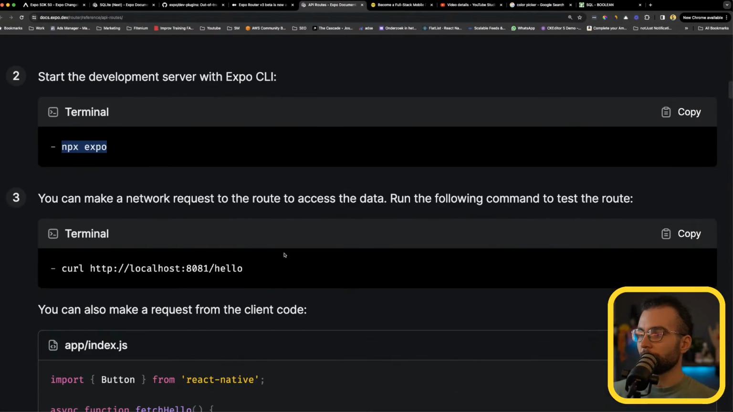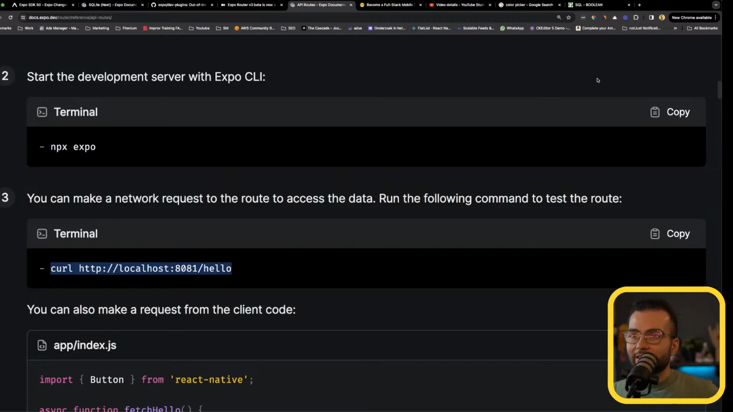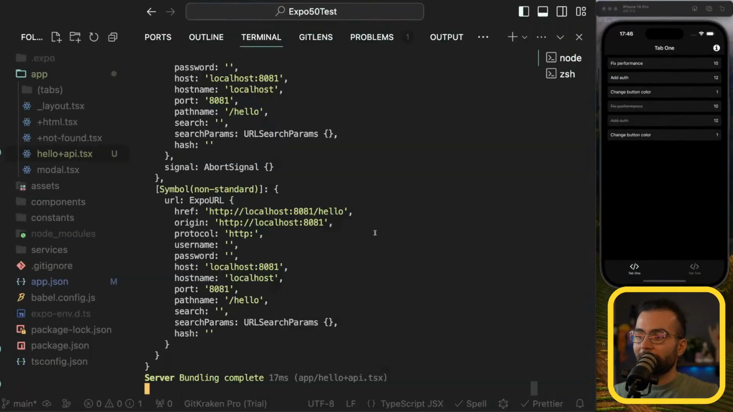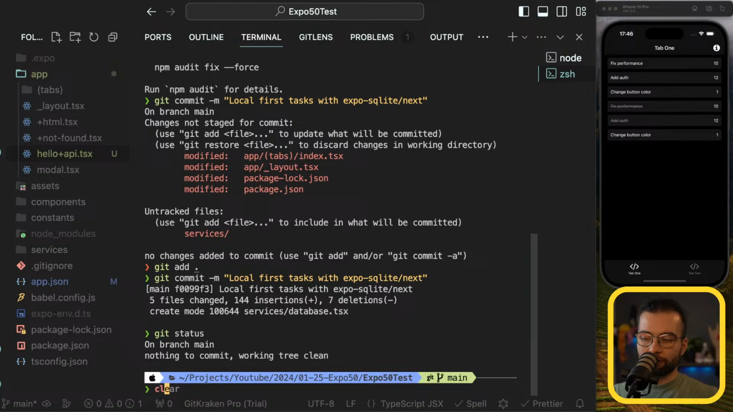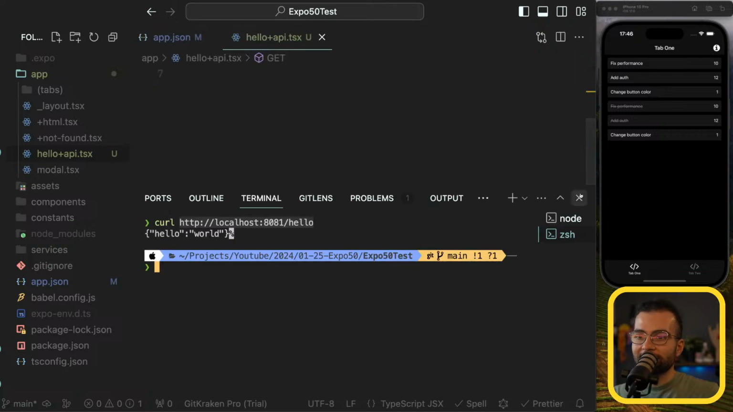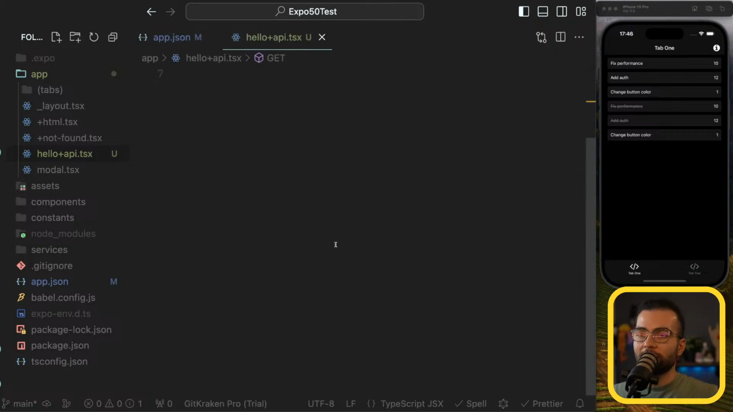Let's look at the documentation. We can either send it as we saw from the browser, because it's a GET request, or we can send it from a different terminal using the curl command by sending curl localhost 8081. You can also easily send this request to your API route, to your server, from your